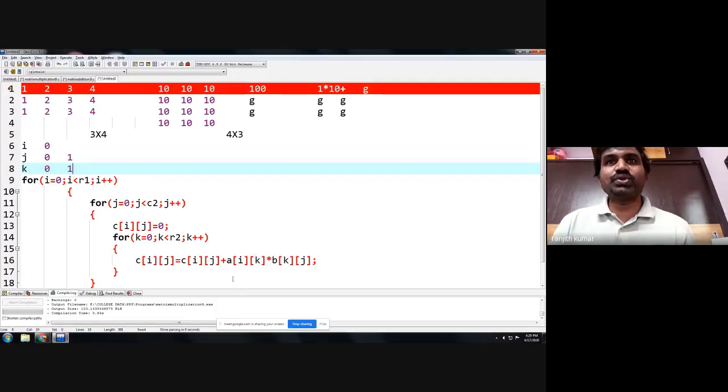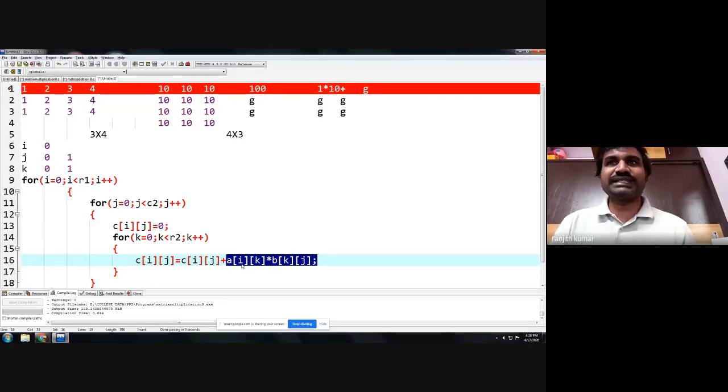Now the condition is true. Once again, we have to perform. So this statement we have to repeat. What is the i value? 0. And what is the k value? 1. So A of 0, 1. What is A of 0, 1? 2. So 2 into